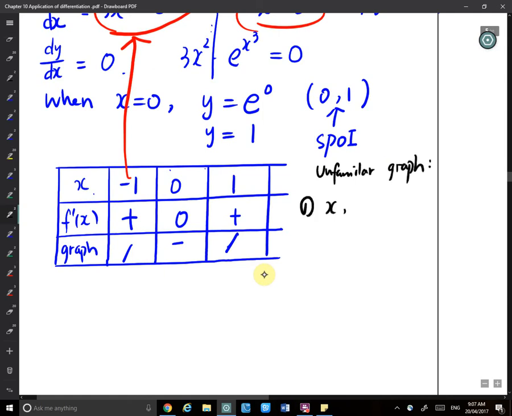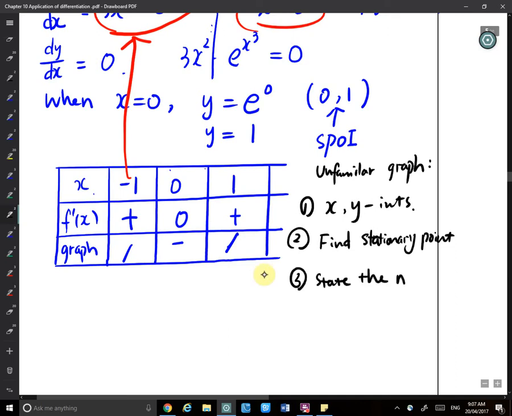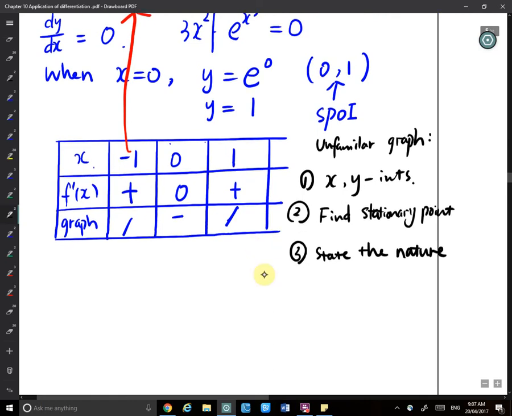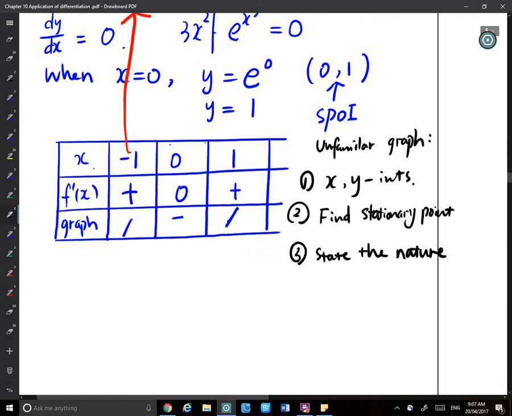First, find xy intercept. Second, find stationary points. Three, state the nature, so whether it's maximum or minimum. Four, talk about the behavior for y, the behavior for y value